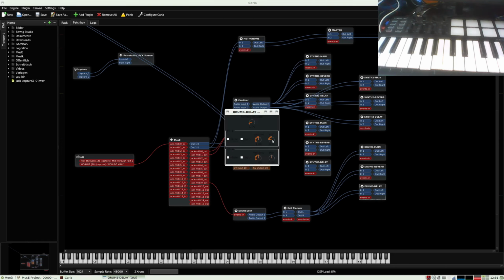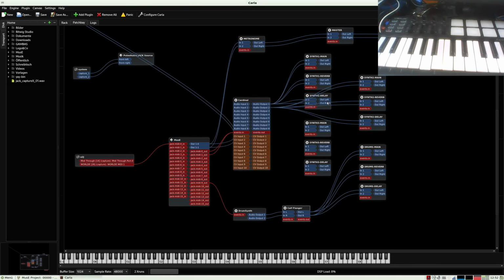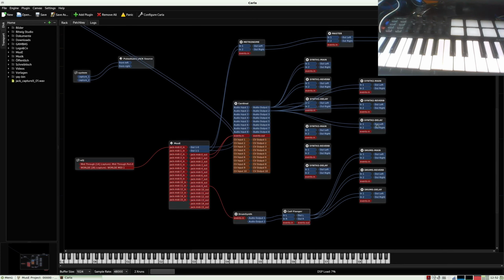So this is the last of these mixes here I need to edit. So now I've edited all. The flanger, you can double click it and you see here the things you can edit. I will leave it unchanged, and now I need more connections.